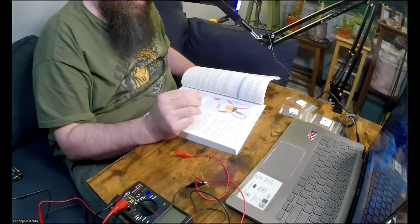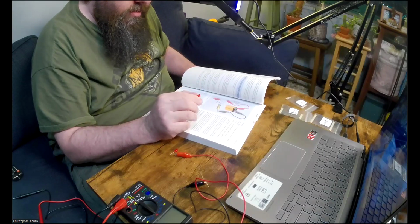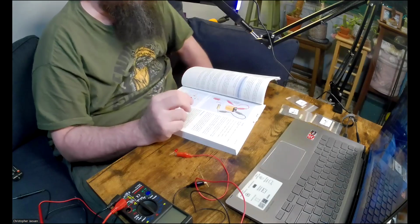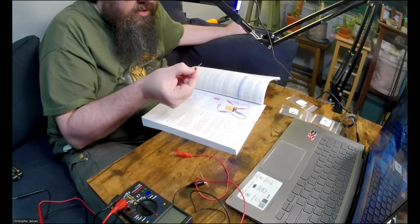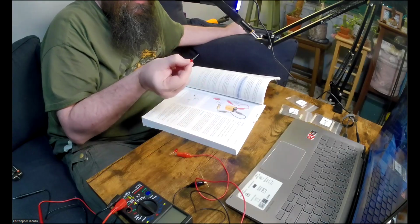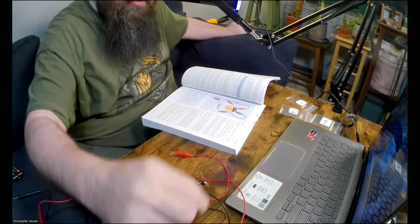I don't know if I could see that with my eyesight. I can't see what they're talking about. It's kind of dark in here too. The sun's gone down, so maybe I'll have to look at this in the light tomorrow morning to see if I can see what they're talking about. But it looks, I don't know, it looks the same to me. But like I said, my eyesight's not that great. So okay,